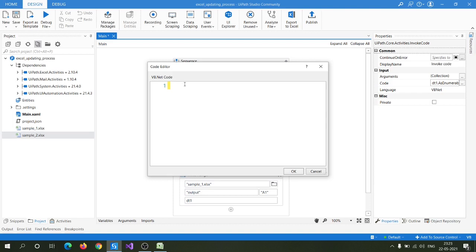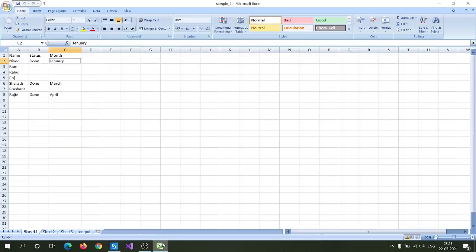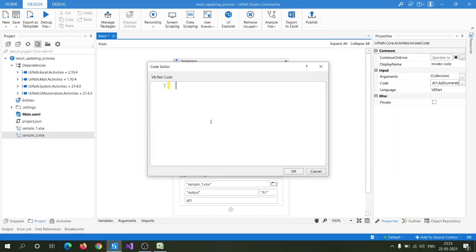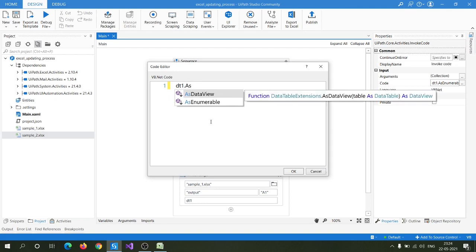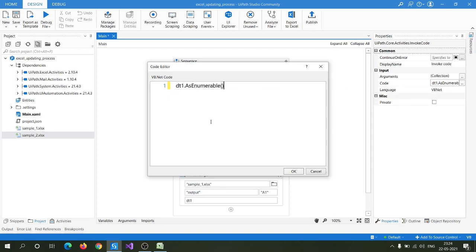Here, first we need to select the rows whose status column is blank. For that we can use a LINQ query, dt1.AsEnumerable.Where.